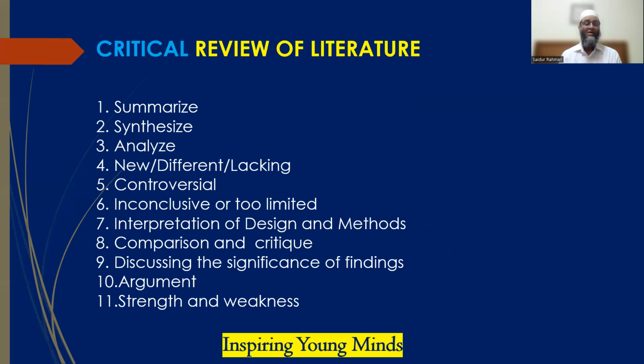As you have seen in the definition of review, one of the terms used is summarize. Basically, you are reading many other people's papers. They are a single paper, but they form a body of papers, and now we need to summarize them. What are the good findings, the positive findings, the negative findings? So you are going to summarize. It can be a table, a figure, or text. That is one way of defining critical review of literature: summary.